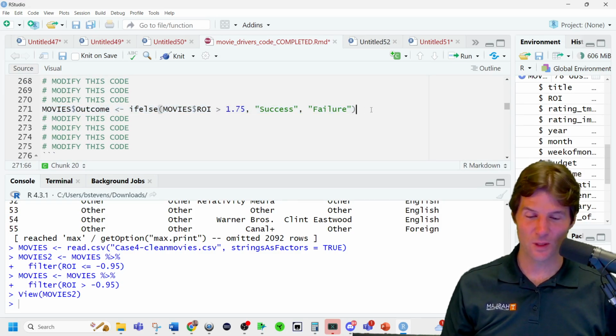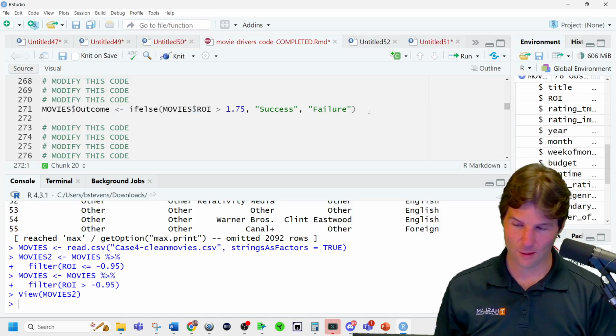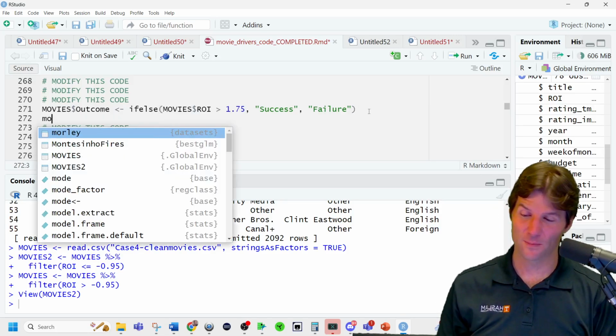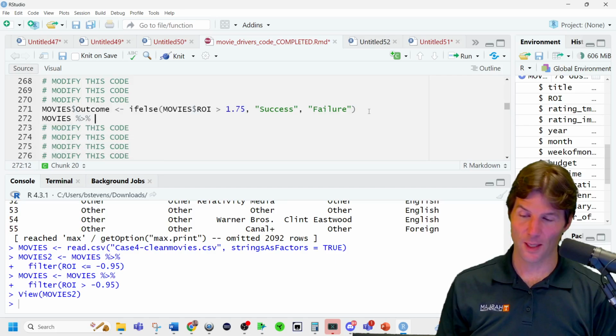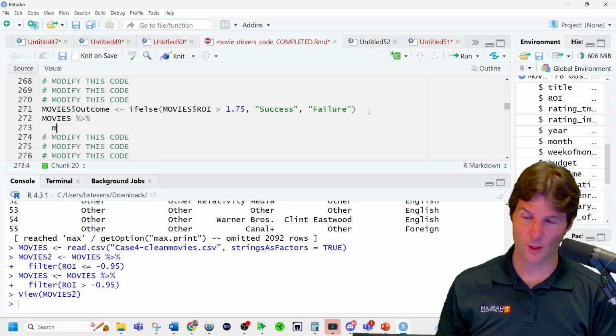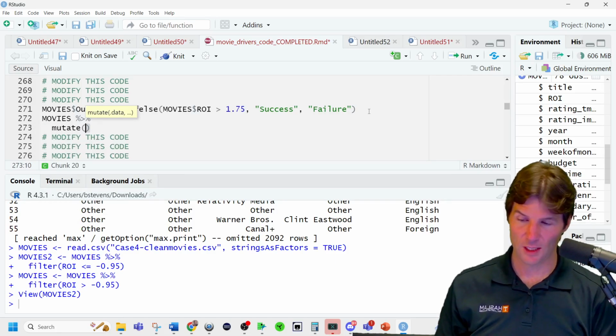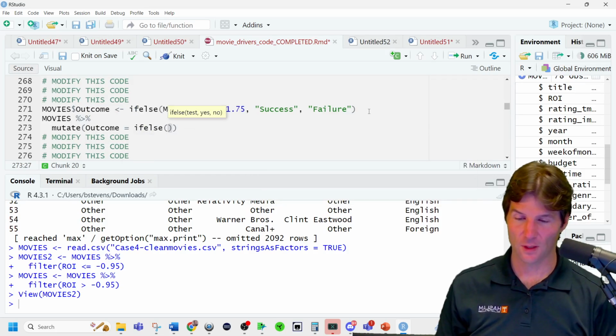We could also probably use mutate. I'm gonna try a little mutate by hand right here. So we're gonna go here to movies, and then we're gonna pipe it through. That was Control-Shift-M for quick. We're gonna mutate. And we're going to mutate an outcome column onto this, which has an if-else. And the if-else is going to look at